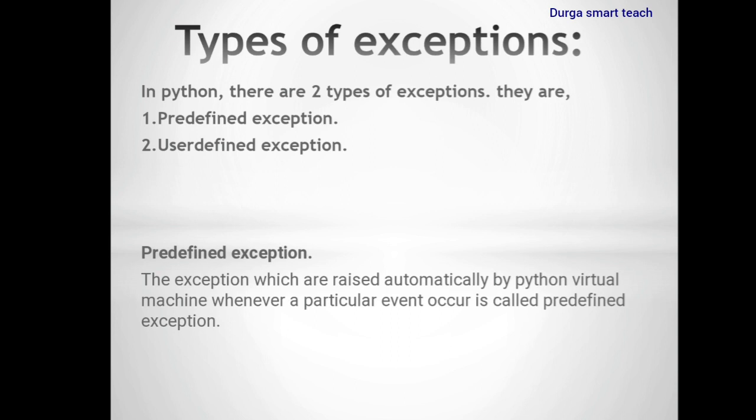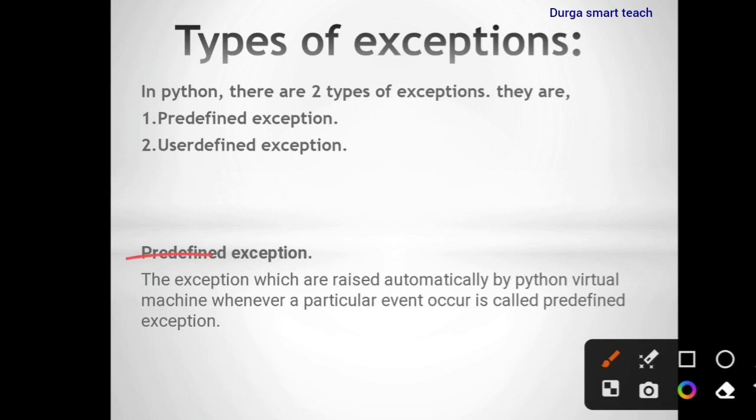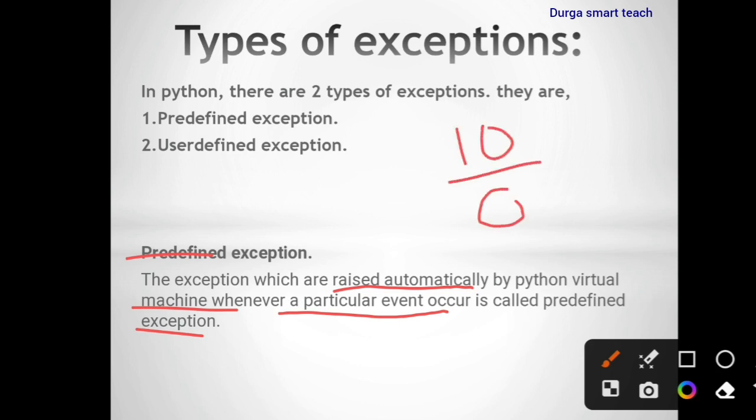Predefined means already defined. The exceptions which are raised automatically by the Python virtual machine whenever a particular event occurs are called predefined exceptions. For example, if you are performing 10 divided by 0, is it possible? No, it is a runtime error. So Python will automatically generate a zero division error. That zero division error is known as a